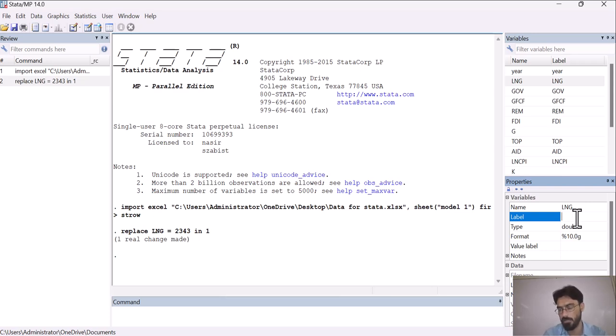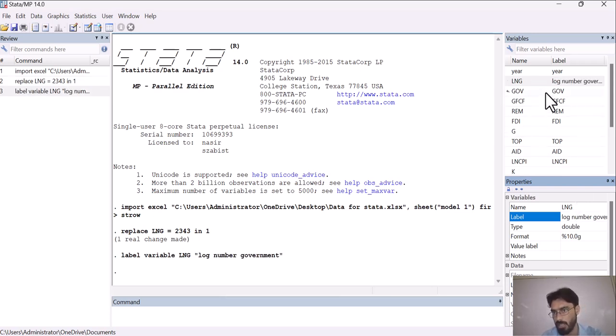As you can see, for example, I am writing lng, labeled by L is for log, N is for number, G is for government. Let's say for example. Now as you can see, here LNG is labeled as log of government, because before that LNG was not giving us a true picture. So now we are able to understand what LNG means.